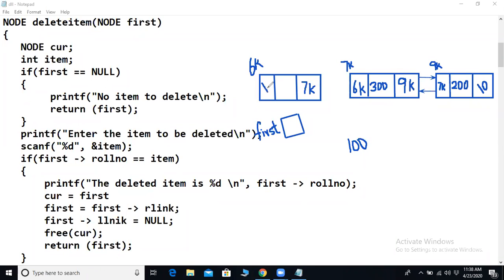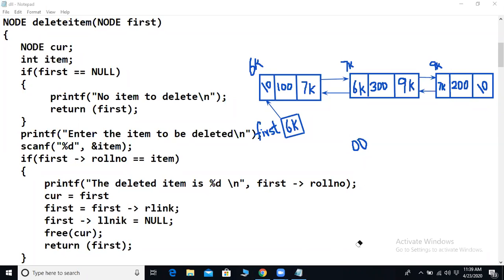This will be null, and the roll number that we had was 100. First we'll be holding the starting address of the first node, that is 6K. Let's establish this link. This was the scenario that we had.